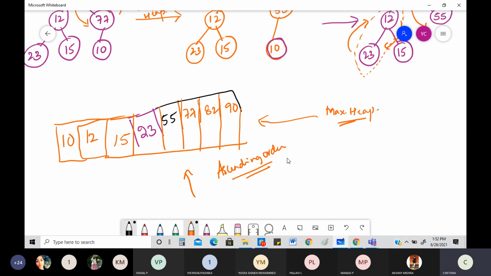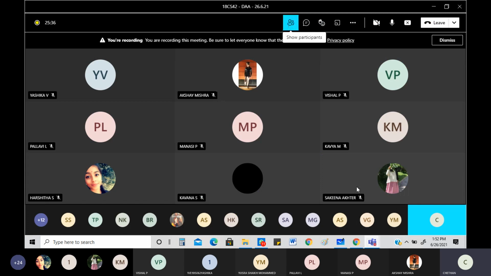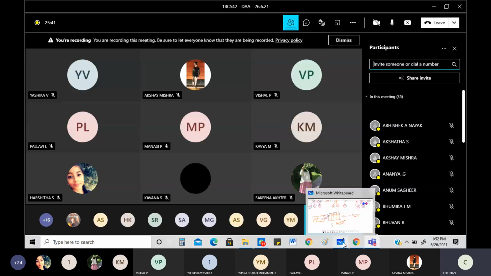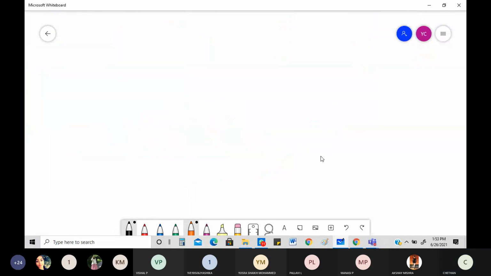Yes. Okay. So using heap, you can even do the sorting part of it. That's very important. Okay, very important for you to know that using heap we are able to do all these sort of things. This is maximum heap I took. Then I got my ascending order. Can I change it to something else? What is that something else? If I create a minimum heap. Always remember, if you are writing a minimum heap, then the values that you are going to get will be in descending order.